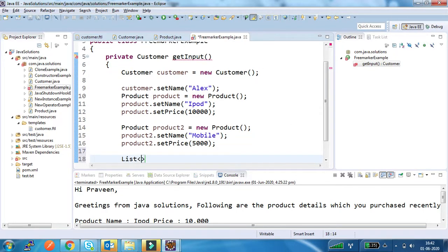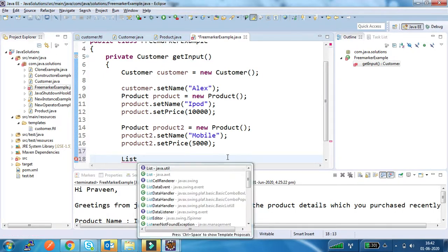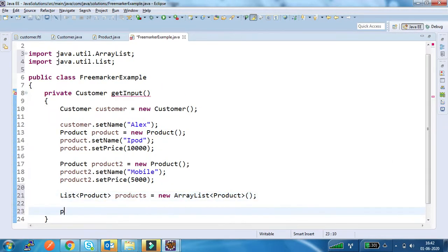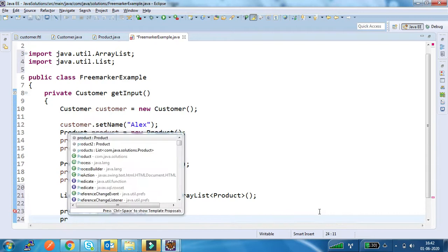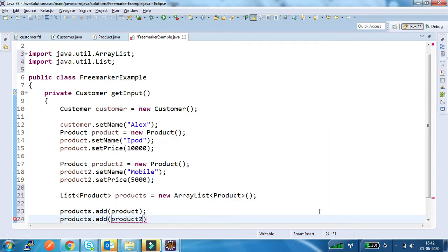I am adding these products to one list. products.add product1, products.add product2.